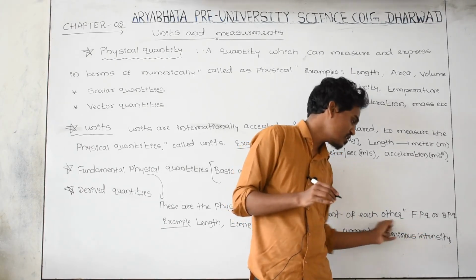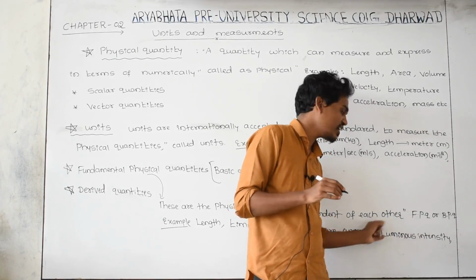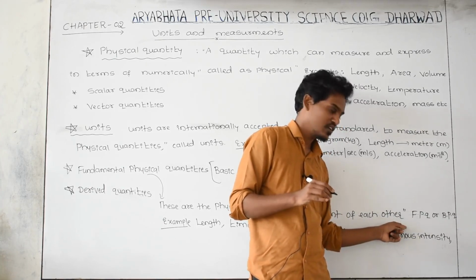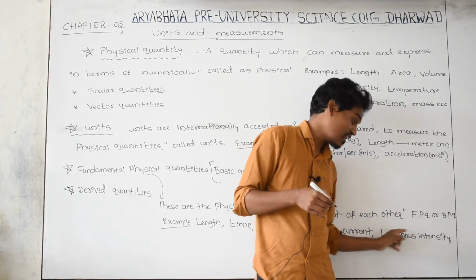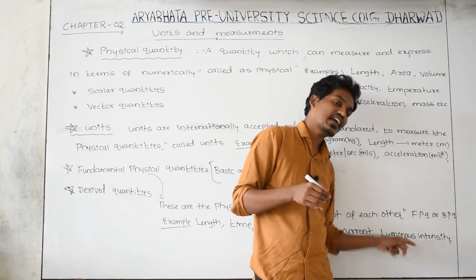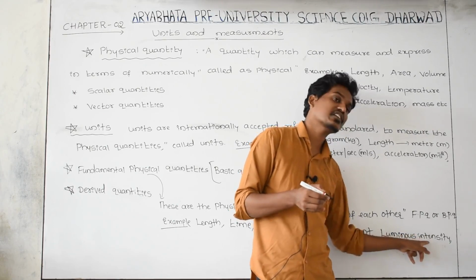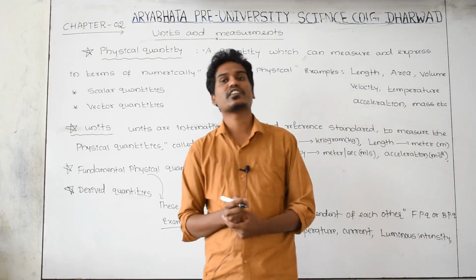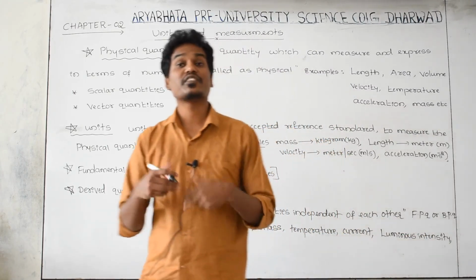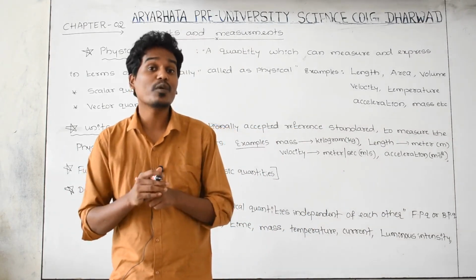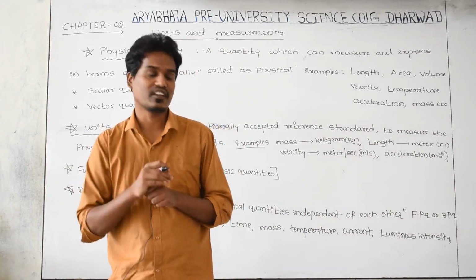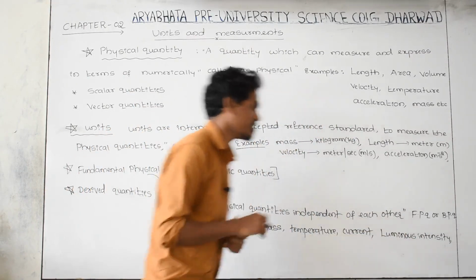Luminous means it is indicating the meaning of light. How much is the intensity of the light? The intensity of the light we can find out, but in physics we are going to use a standard word, luminous intensity. What is luminous intensity? It is the physical quantity which gives how much intensity the light is having. That is, luminous intensity is one of the physical quantities.